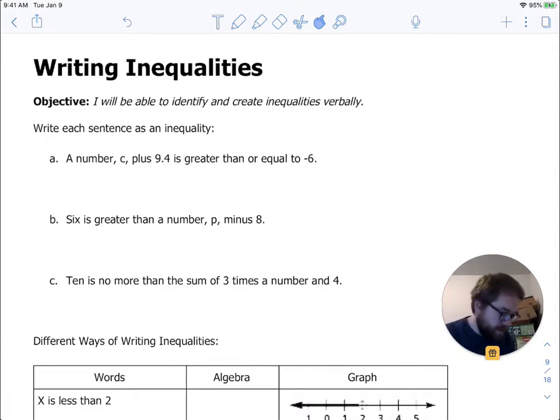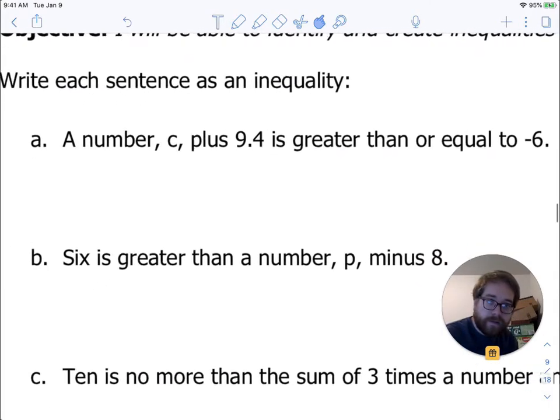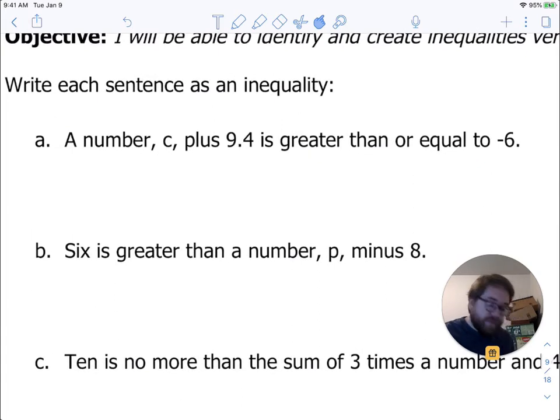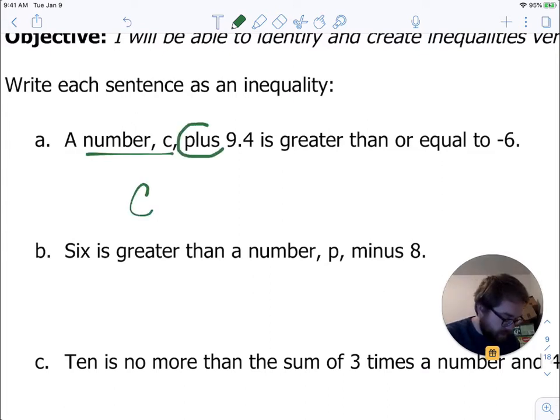So let's look at the first one here, A. A says a number C plus 9.4 is greater than or equal to negative 6. Okay, so we can just read it straight from left to right and see what we have. So we start with a number C. So we write C. And then plus, okay, plus is one of our mathematical operation words. And what operation is that? That's addition. So C plus 9.4